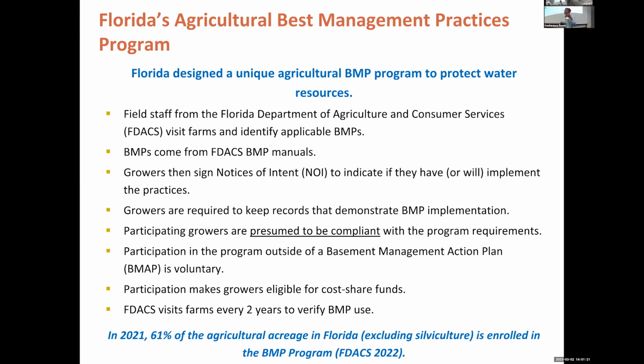So I want you to keep in mind, it's very important, it's a huge caveat. The farmers themselves are not choosing the practice. They're choosing to enter the program depending on where they're located. If a farmer enters the program, they're presumed to be compliant. But in recent years, the state mandated that FDACS has to go back to these farms every 2 years to verify that the farmers are implementing the practices and implementing them the way they're supposed to.